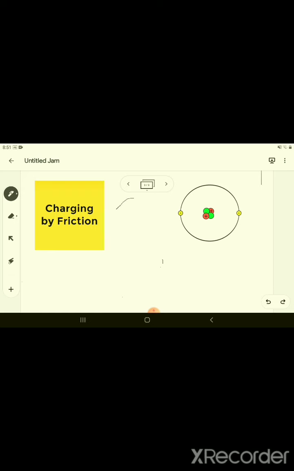So if I should bring another atom close by with electrons, and say this is one material over here, and we rub it against another material with some atoms there, we find out that we can get electrons transferring from one atom to another. So let's say that electrons from this material move over here,